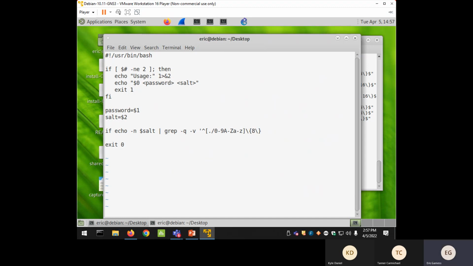Now, if I put 8,16, so the character that is before the number of times that I want it, which is either a dot or a slash or a digit or a capital letter or a lowercase letter, has to be between 8 and 16 times before you find the end of the string. So the dollar is the end of the string and the caret is the beginning of the string. So I'm going to do that,